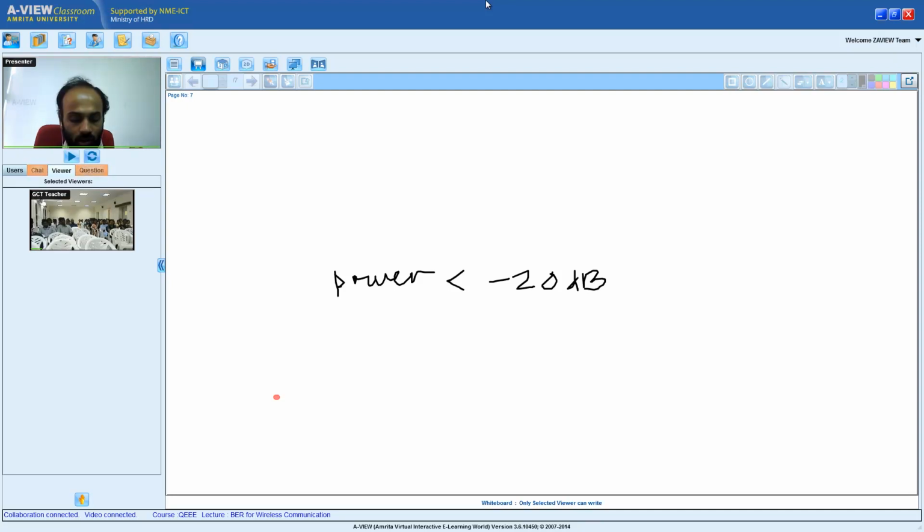Let me just try to solve the problem along with you. See, I'm asking a question: what is the probability that the received power is less than minus 20 dB? Now, if power is minus 20 dB, how do I convert minus 20 dB to linear? This is the decibel value, right? What is the linear value? 10 log to the base 10 of power equals minus 20. Therefore, power equals